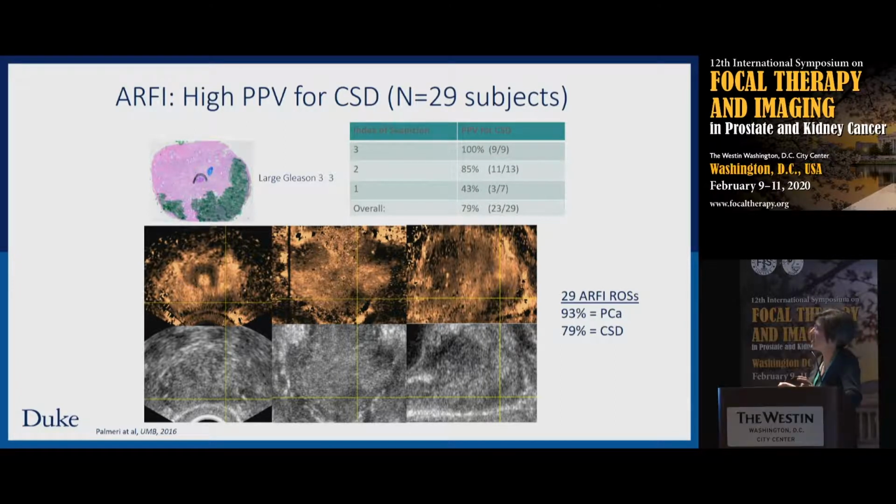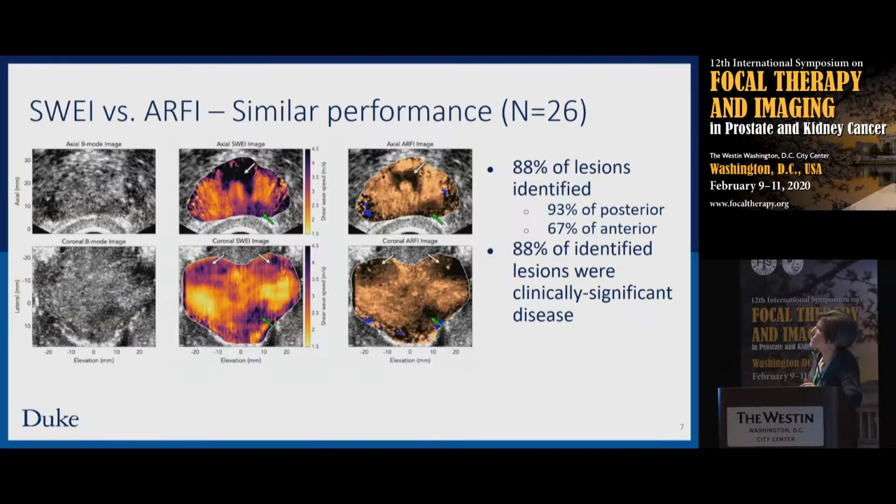We achieved 79% overall positive predictive value for clinically significant disease. And the majority of the lesions that we identified in the stiffness images were in fact cancer, just not all of them were clinically significant. Okay, since that time,